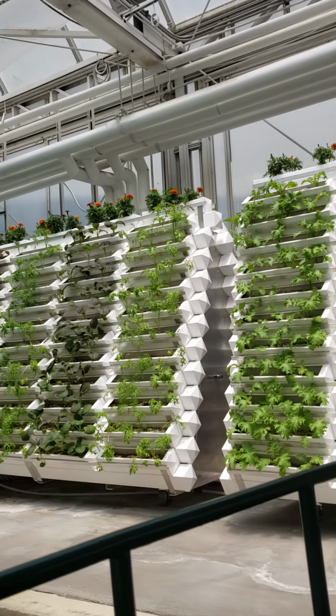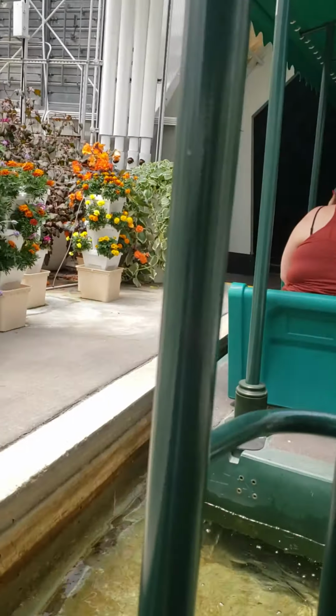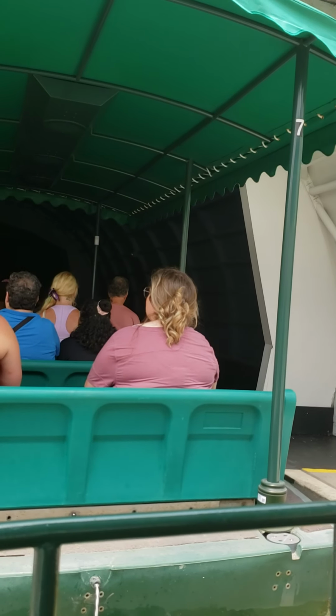In our lab, Epcot scientists are working with the U.S. Department of Agriculture on a number of innovative projects. The goal of these efforts is to produce